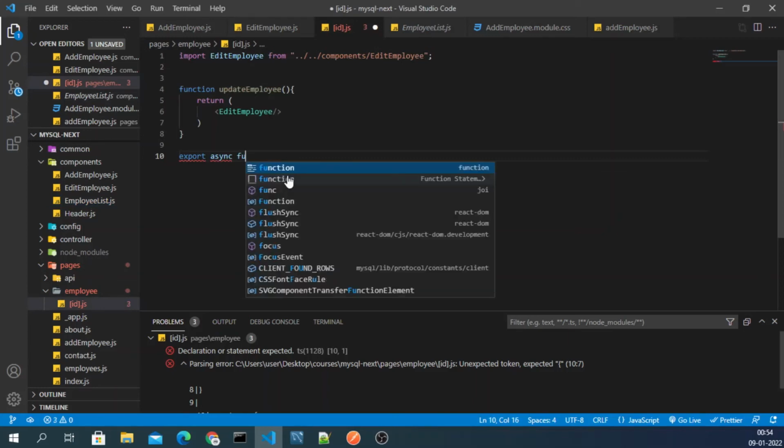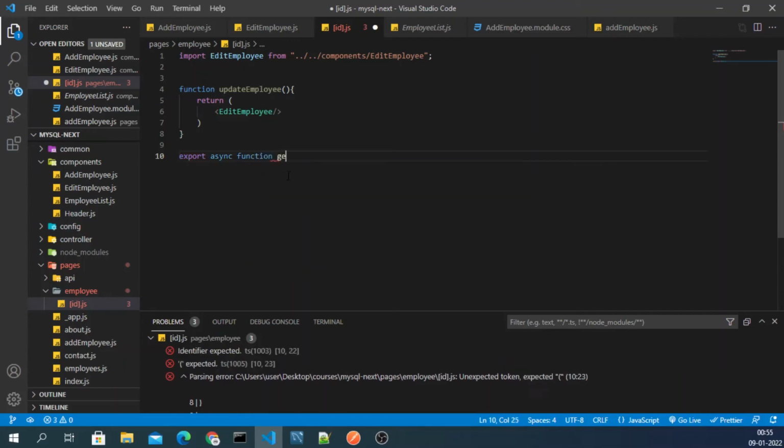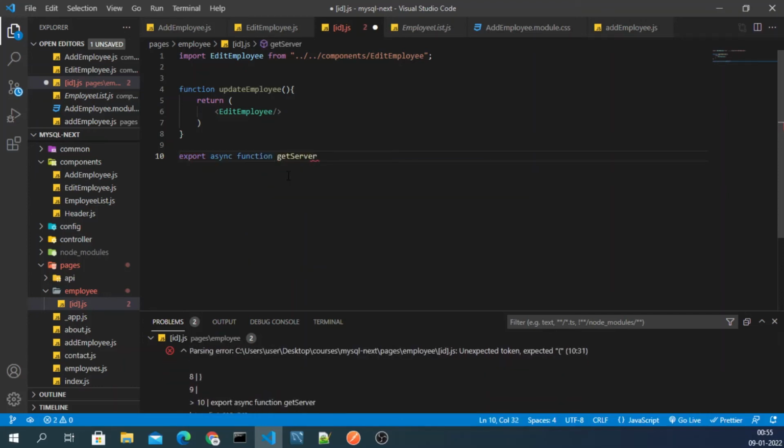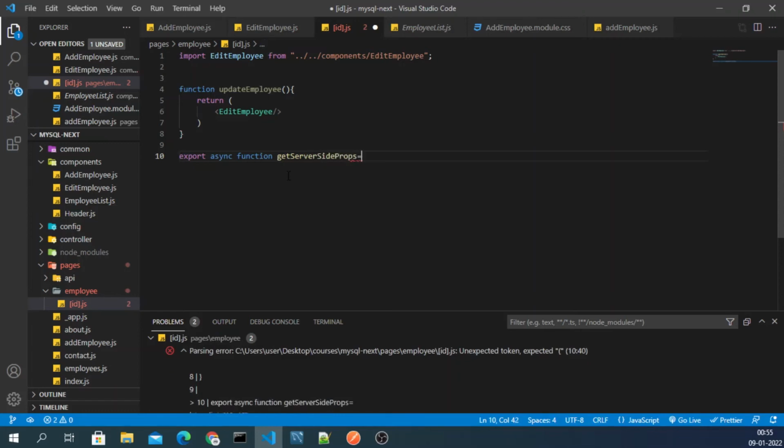Then function getServerSideProps, right? And then here we are taking params to get the id.